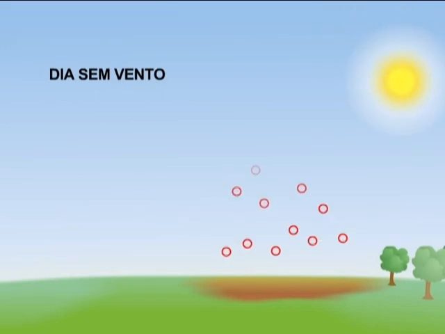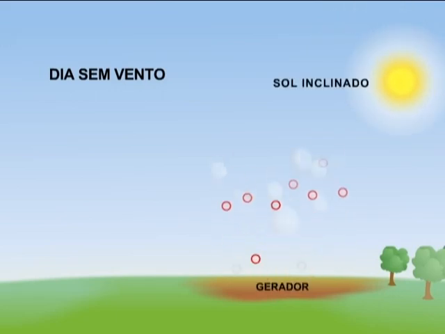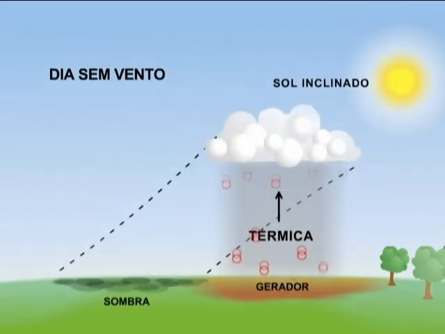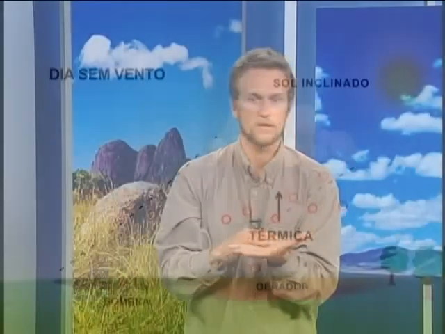So let's speak of another example also related to the life cycle of cumulus. I can have a cumulus on a windless day, hypothesis again, a windless day, and a cumulus, the generator down here, but now the sun is no longer straight up, it is off to the side, projecting the shade of this cumulus to the side. Once again, I have the trigger, the generator of the thermal, exposed to sunlight. And this is a situation where this cumulus tends to be long-lasting.